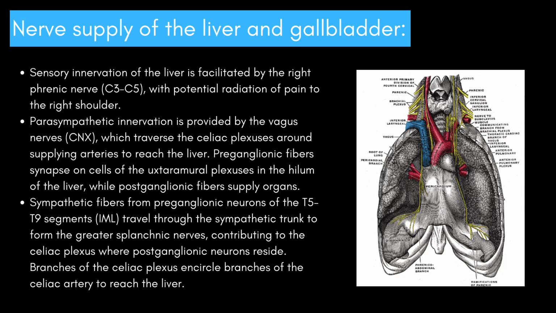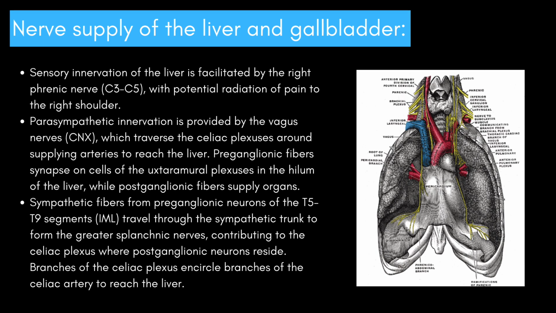Today, I'd like to open up the presentation by covering the nerve supply of the liver and gallbladder. So sensory innervation of the liver is facilitated by the right phrenic nerve, C3-C5, with potential radiation of pain to the right shoulder. Parasympathetic innervation is provided by the vagus nerves, CN X, which traverse the celiac plexuses around supplying arteries